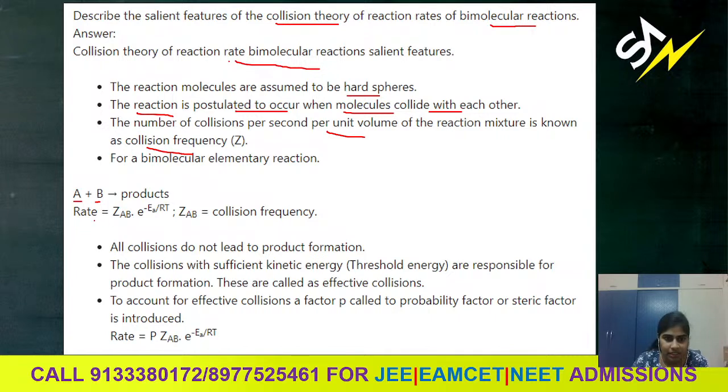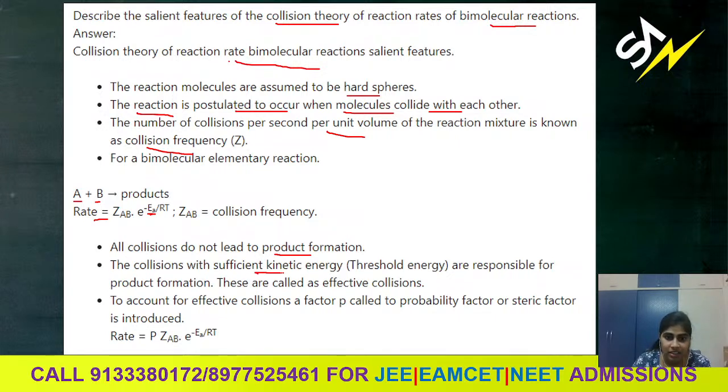This collision theory requires activation energy, denoted by EA. This rate is given by Z of AB multiplied by e to the power of minus EA by RT. Arrhenius equation is applied here, and not all collisions lead to product formation,